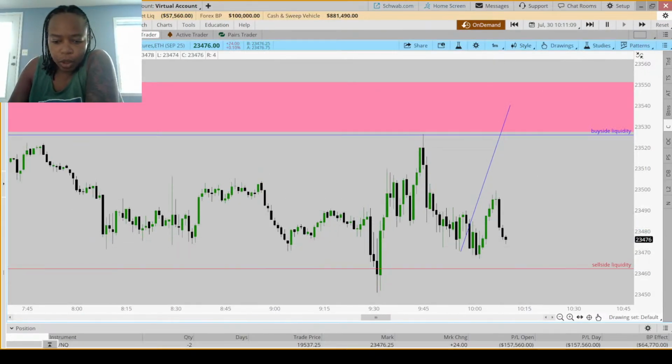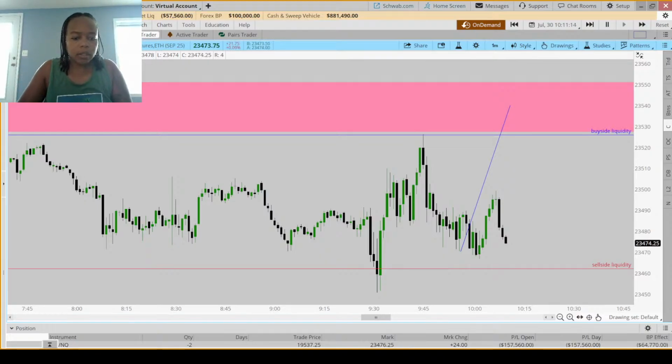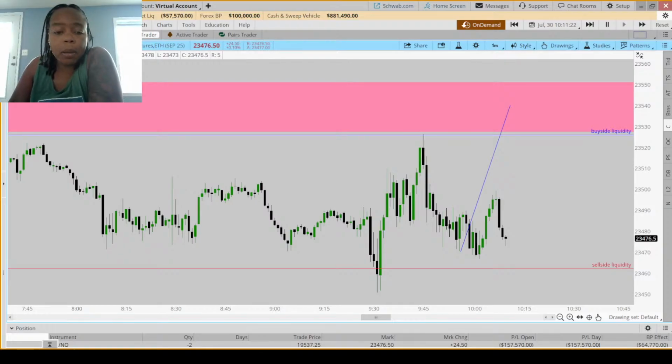I'm going to take that screenshot because you're right. I sometimes run into these scenarios and I don't have a good entry model for it. So let's see if this would work. I don't like that it's coming back down so much, but who the heck knows, man? So let me grab this screenshot right here, timing and everything.